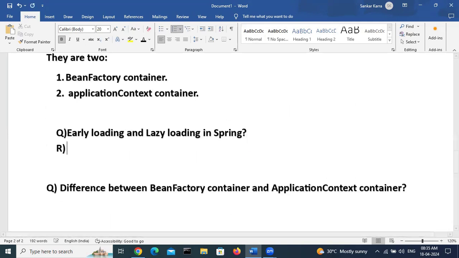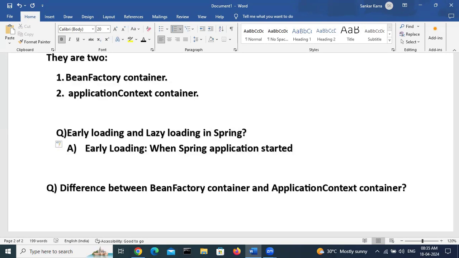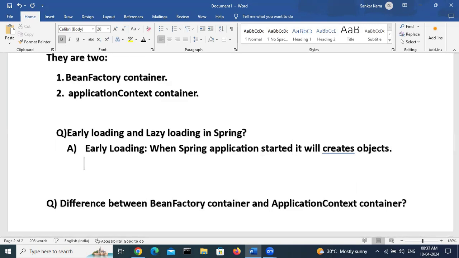So here, the answer. Early loading: when the Spring application started, it will create objects. Lazy loading: when the Spring application started,